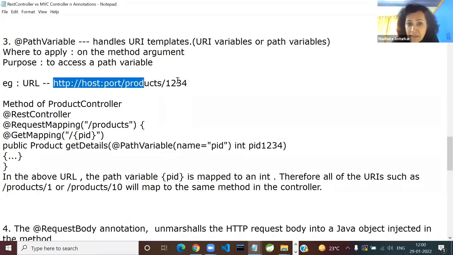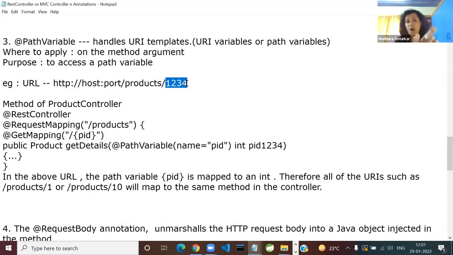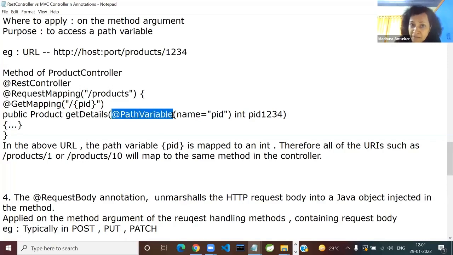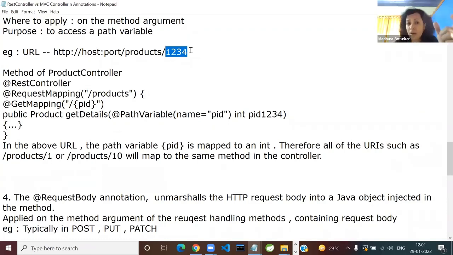So if this is the incoming URI, how do you extract the path variables, these URI variables, in Java using some annotation? It is extremely similar to your request parameters. What was the annotation you learned earlier? @RequestParam, where did it used to come? Method argument level. So what is path variable? Path variable is for binding these URI variables separated by slashes, can be multiple also,